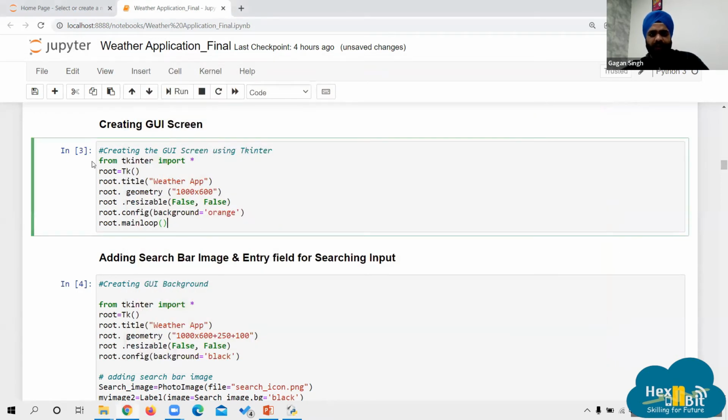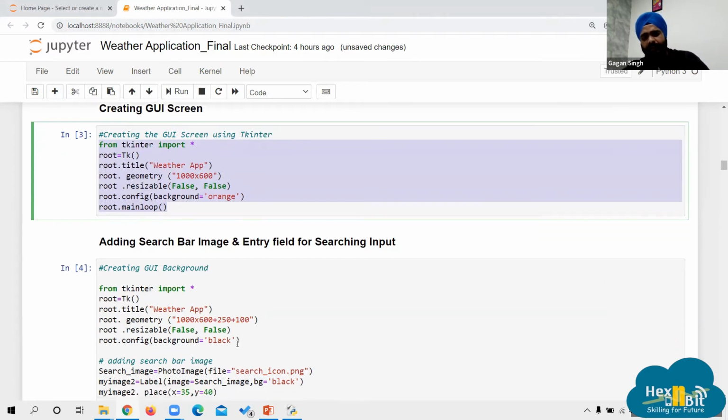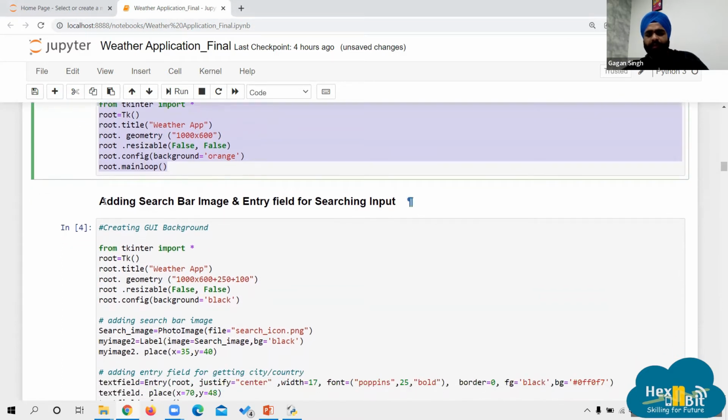This much code is required for creating your GUI screen. Whenever you want to create your GUI screen, you need to write this much. After this, I'll be adding a search bar image and an entry field for search inputs. I hope everyone is clear about what we are going to make today. Let me pull up the image.